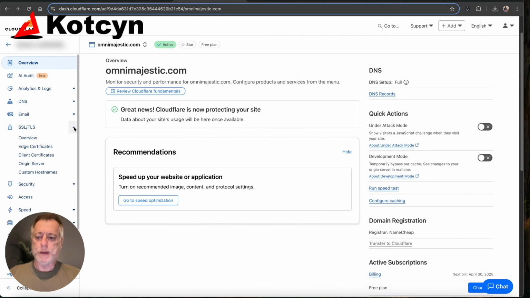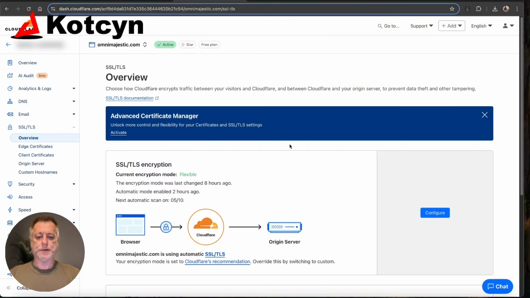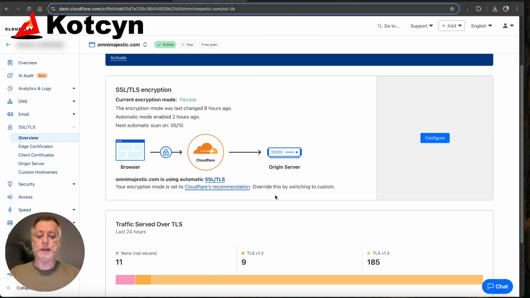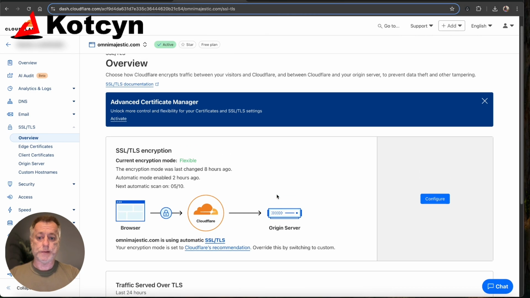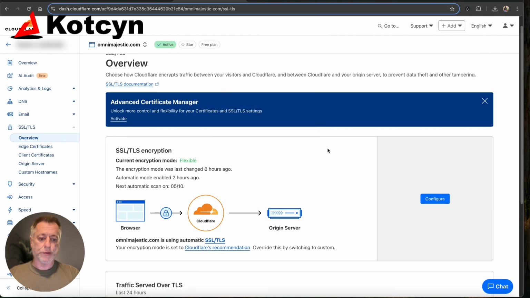Let's go to the SSL/TLS tab, do the drop down on that and click overview. And then when you click overview, it will bring you into this little section. So basically we're going to be setting up our encryption. As you can tell, it's on flexible right now because it's on auto, and auto will set it based on what it thinks your website needs. But we're going to configure it to at least full SSL. And what you do is go over to this configure